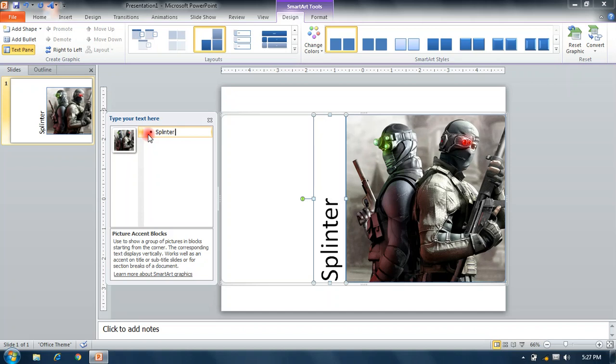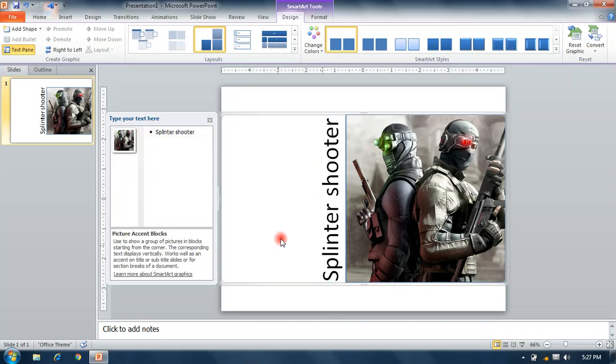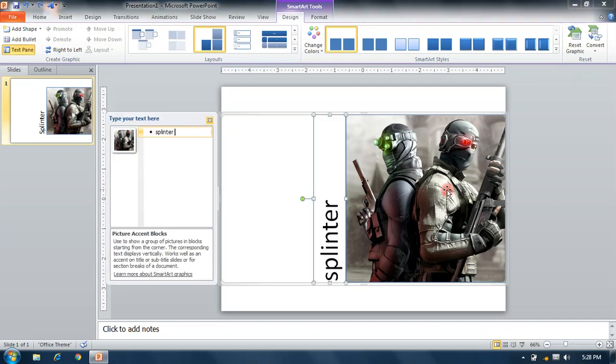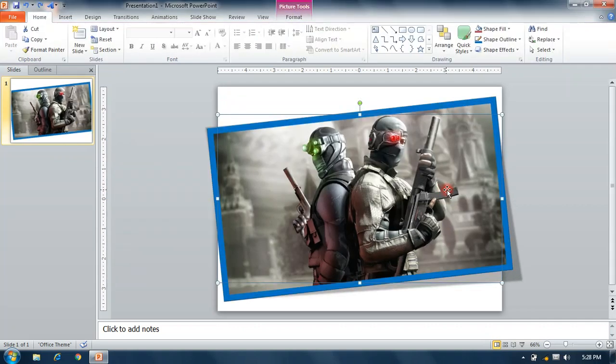You can close. This is applied. If you want to change it again, press Control Z, then it comes back to its previous form.